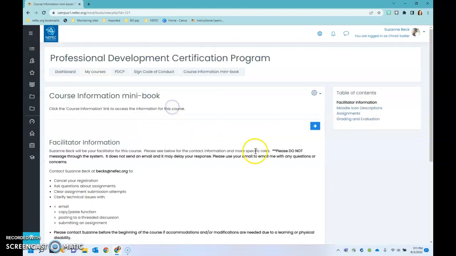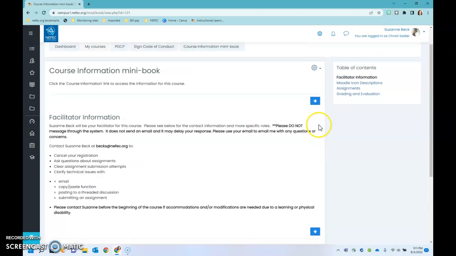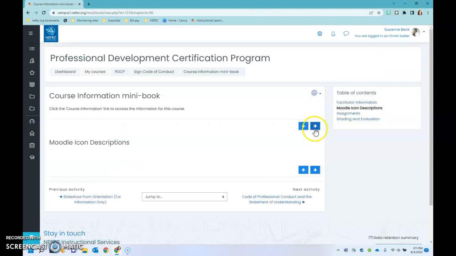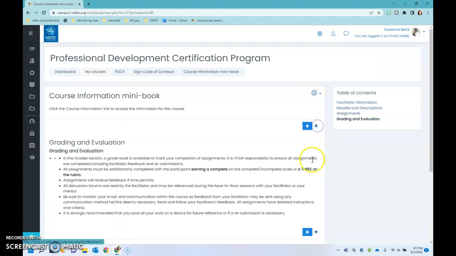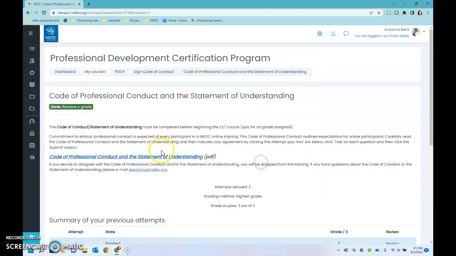But I'm going to go back and show you how you can move through the system if you're just continuing to work. So if you have gone through the entire little mini book here, it also allows you to go to the next activity. So your next activity in this case is the code of conduct. It will take you right through the flow of the system. So you're going to click here,